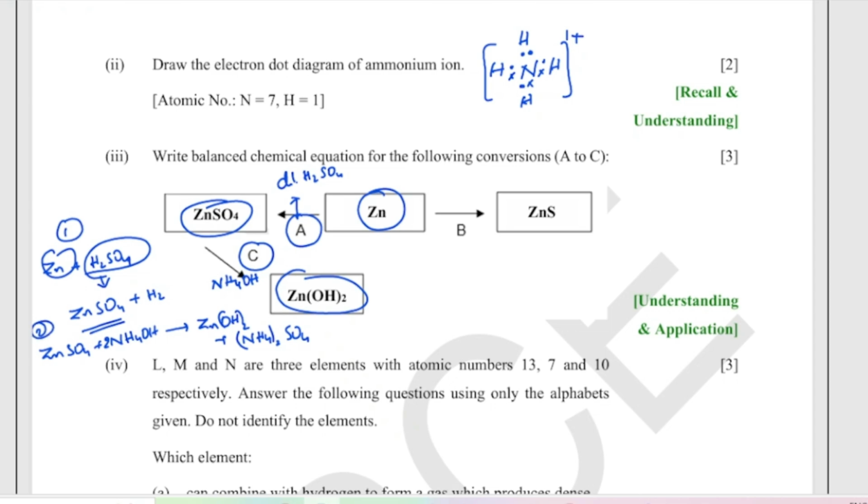The third equation, from zinc to zinc sulfide. So directly we can take zinc plus, the B can be sulfur. Zinc plus sulfur on heating gives zinc sulfide. Okay, so this is the third equation. Next, fourth one,